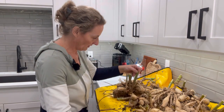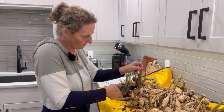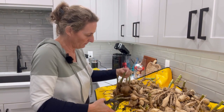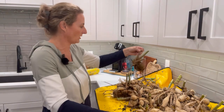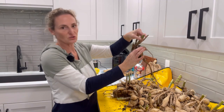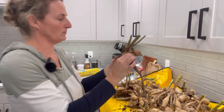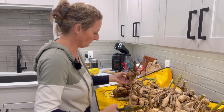All right, let's try to get into another clump. This one is damaged. I could try to keep it, but chances are it won't work. And this one doesn't really have much to divide. This is just one big giant one, and then like two little baby ones, and just a bunch of stalks. So I think I'm just gonna keep this as one